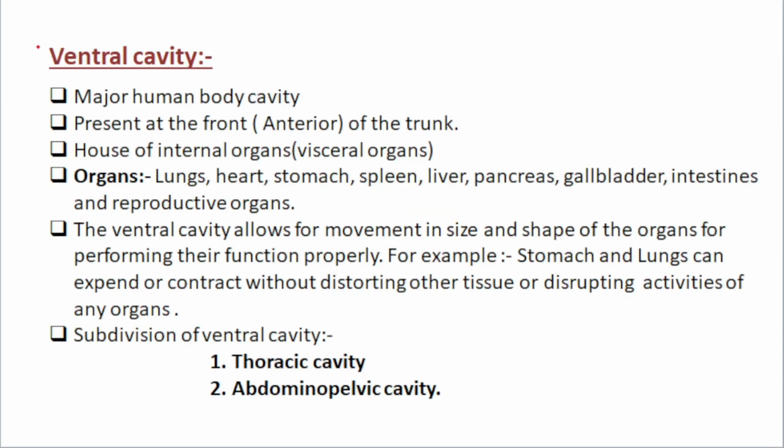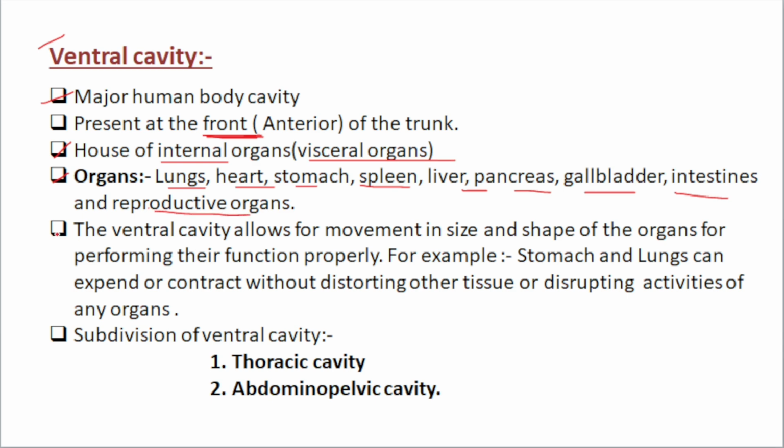So first, the ventral cavity. It is the major body cavity present at the front of the body. I already discussed that ventral in anatomy refers to the front of the body. So the cavity present in the front of the body is called the ventral cavity. It is also called the house of the internal or visceral organs because all of the internal organs are present in our ventral cavity. The organs present in our ventral cavity are the lungs, heart, stomach, spleen, liver, pancreas, gallbladder, intestine and